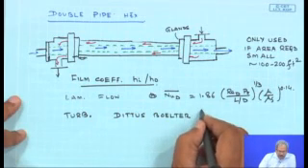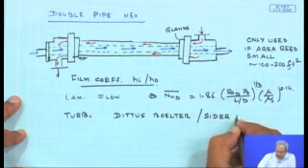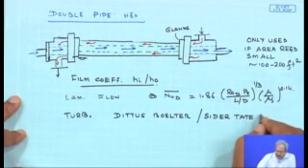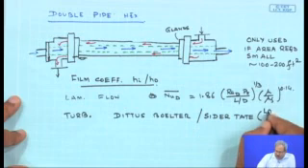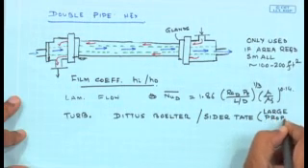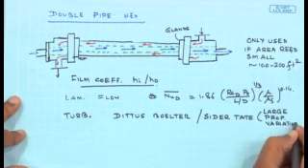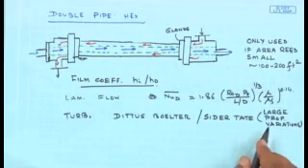We understand that the Sieder-Tate equation is to be used when you have large property variation. So, when the viscosity at the temperature of the tube varies significantly, then you are going to use the Sieder-Tate relation, otherwise you use the Dittus-Boelter equation that we have described before,